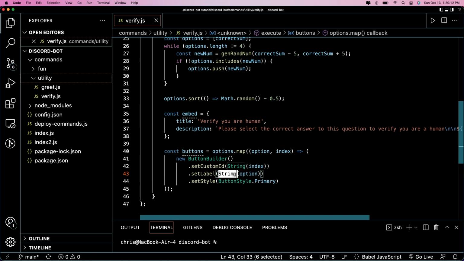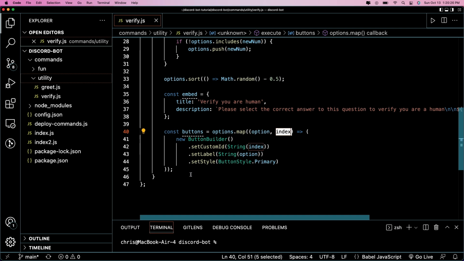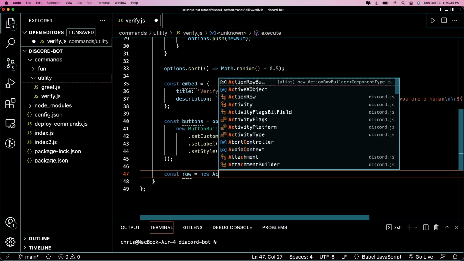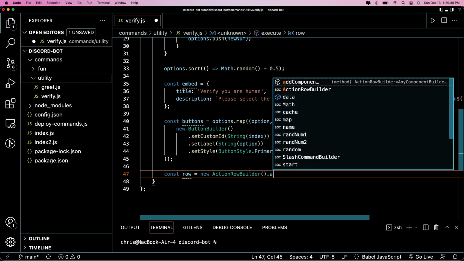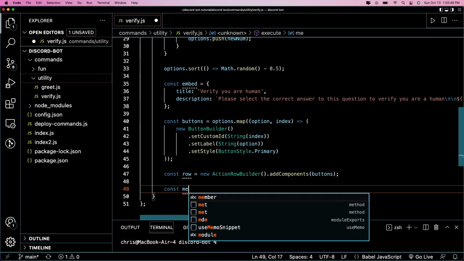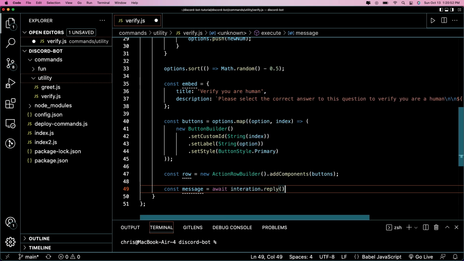This label is going to set it so each one of our numbers are random numbers, and the answer is going to be the label of the button. And then custom ID, we're just going to use the index. We're going to need that later when we collect the answer from the user. So now let's use these buttons to put them into a row. So we're going to say const row equals new ActionRowBuilder.addComponents(buttons). Pretty simple. And then we're going to say const message equals await interaction.reply